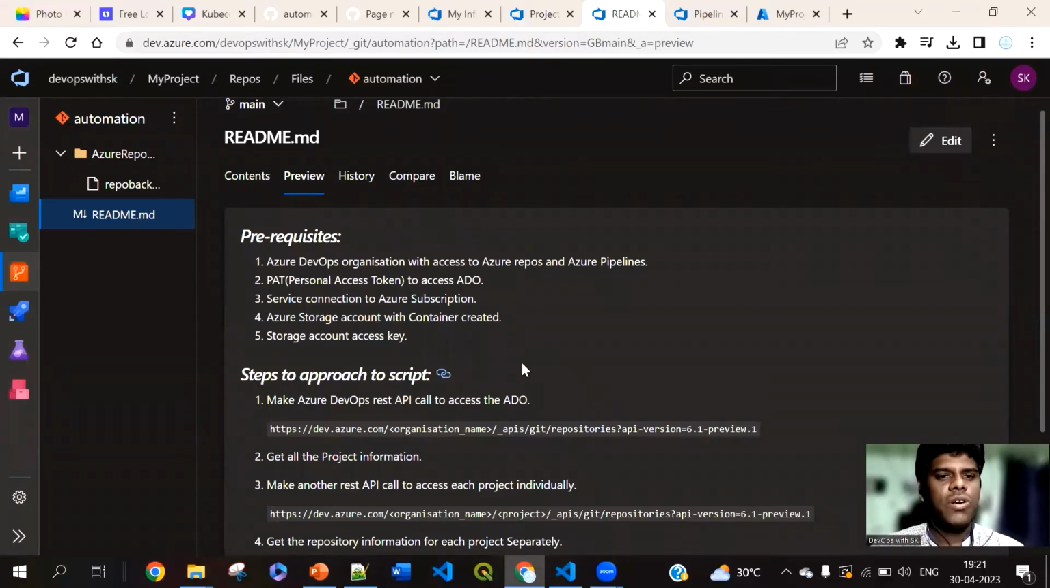So to perform this automation, we have some prerequisites, right? So we need to have an Azure DevOps organization with access to Azure Repos and Azure Pipelines, because we are going to take a backup of Azure Repos, and to execute the script, we need Azure Pipelines. Okay, so this is our number one prerequisite. And the second is